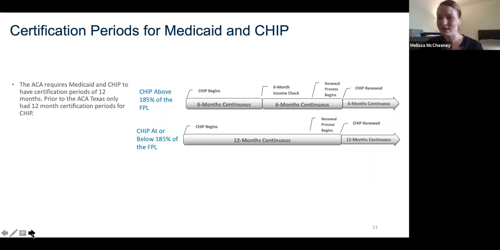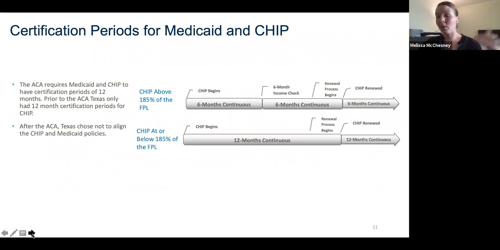And what does it mean to be continuous? That means even if their income changes, even if something changes in their household that would make them ineligible, they still get to ride out the rest of the year. And then at renewal, that's when they would redetermine eligibility, see if they're eligible or not. And if they're not eligible, then they would be denied. And at that point, they would have an opportunity to enroll in the ACA if they wanted to. But unfortunately,